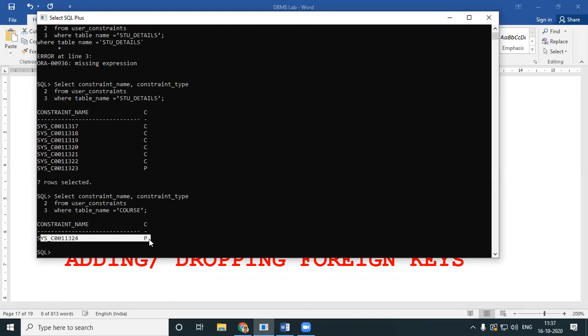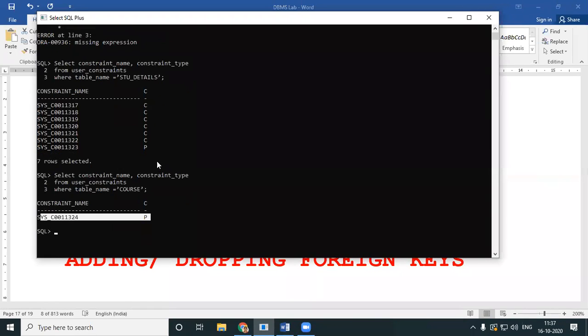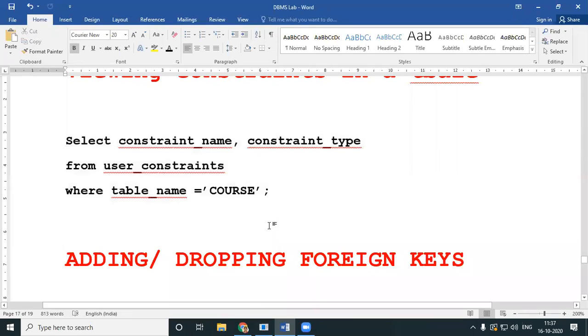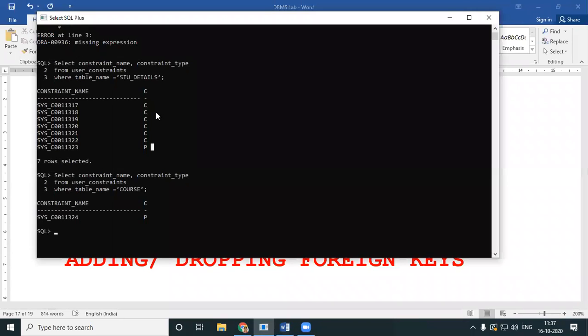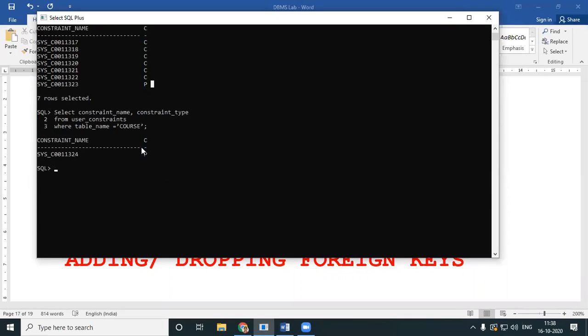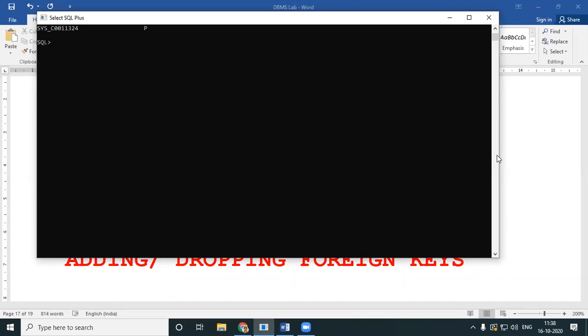I have not set any other constraint. Now, if you have a foreign key, you will have a constraint type called capital F. Now, if you look into both these tables, they're not related. If you had an F, it would have been related. But as of now, you do not have any foreign keys, which means my tables are not related.